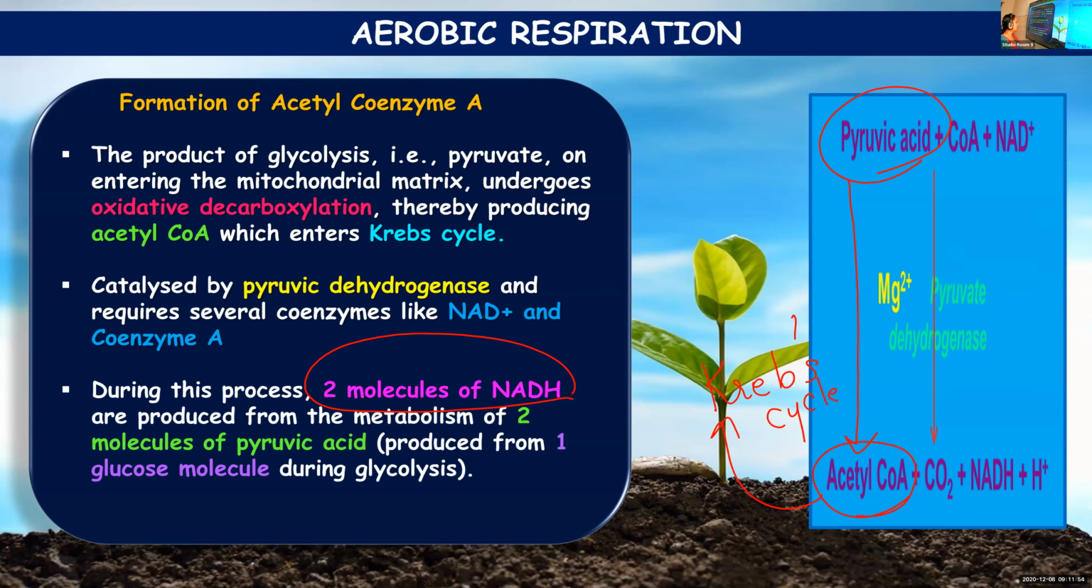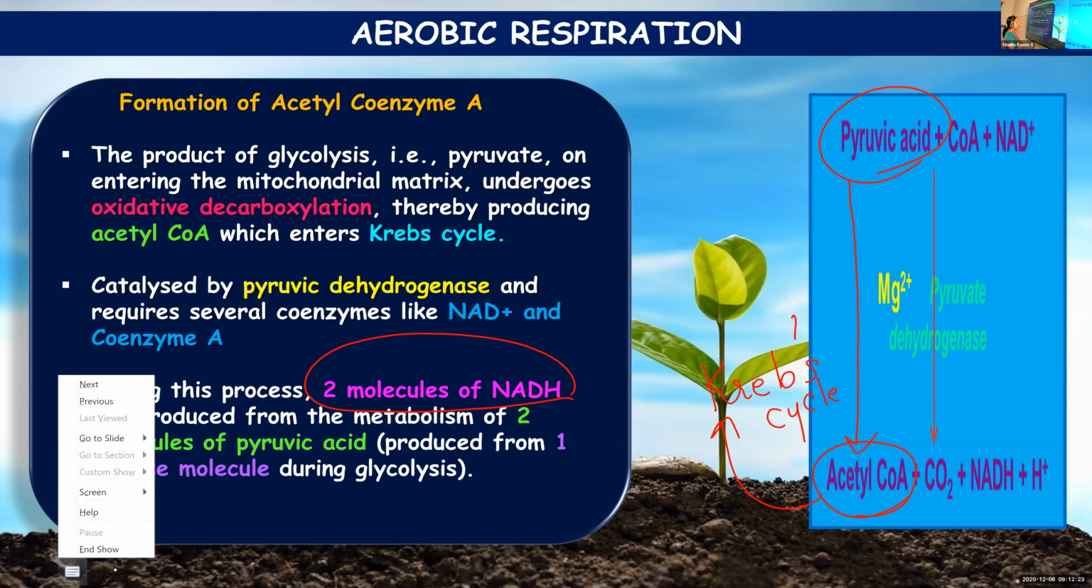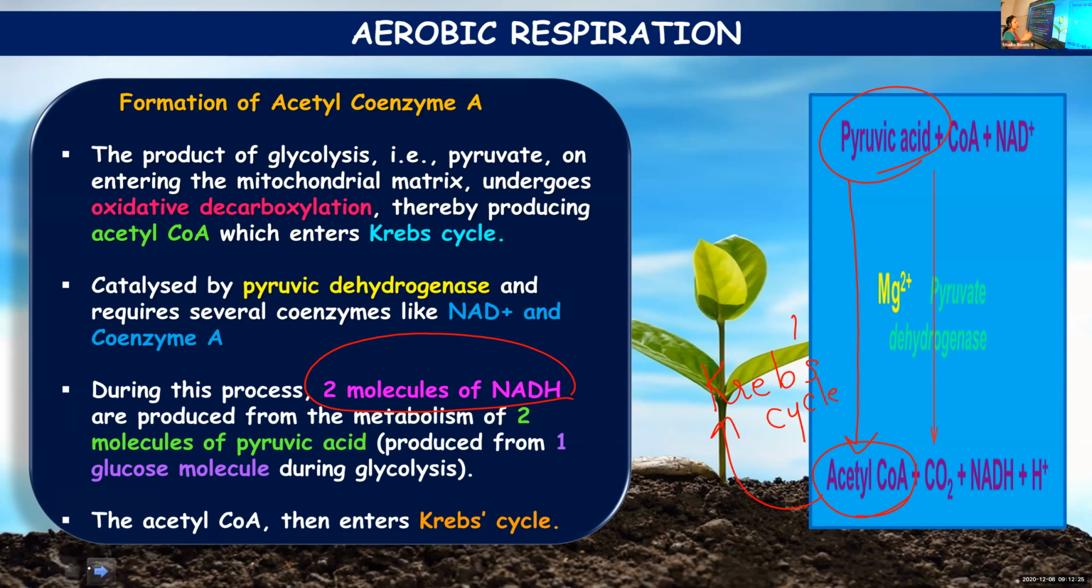Is that clear, Nandana? Yes, ma'am. See here, the last statement I'll explain once again. During this process, two molecules of NADH are produced by the metabolism of two molecules of pyruvic acid, and these two pyruvic acid molecules are produced from one molecule of glucose. Okay, clear? Yes, ma'am. And this molecule, acetyl coenzyme A, will enter into the next phase of